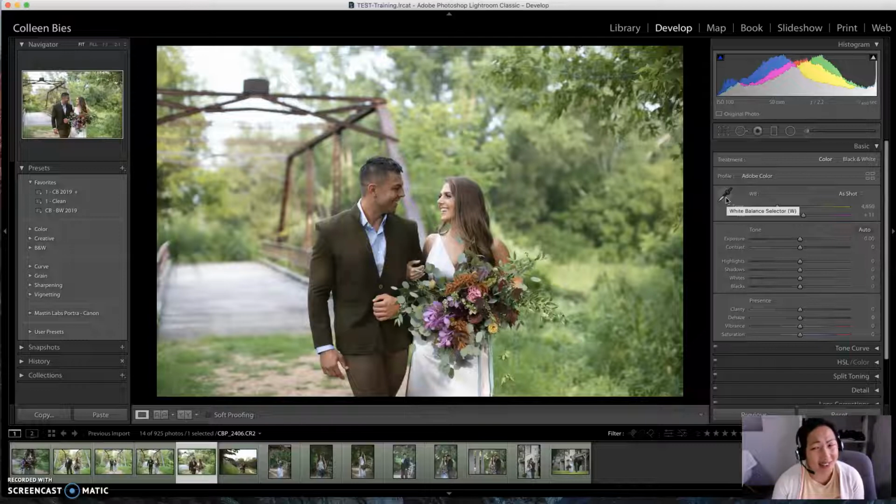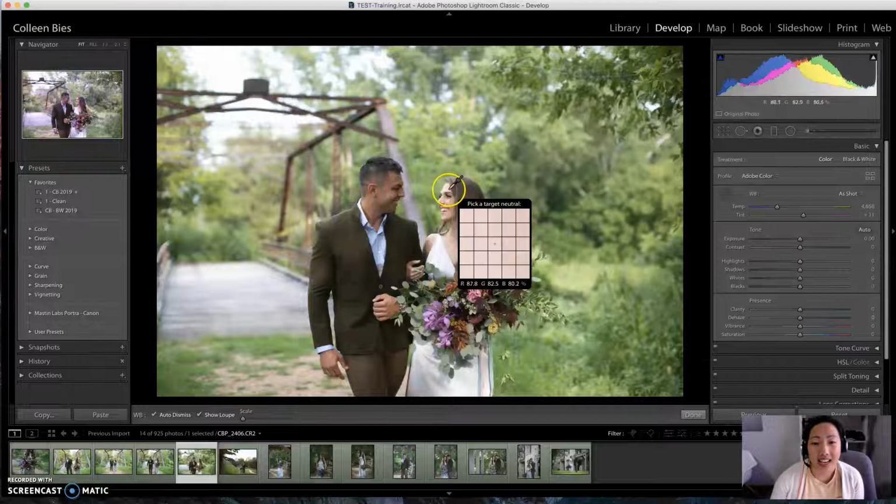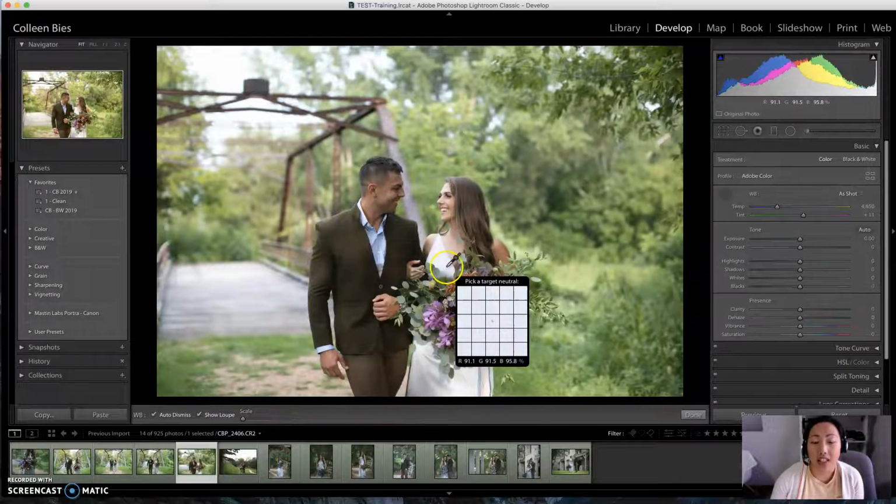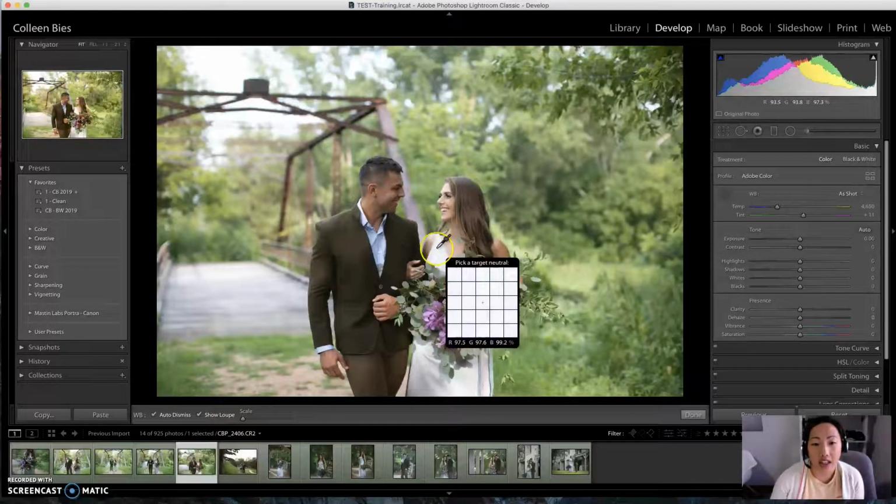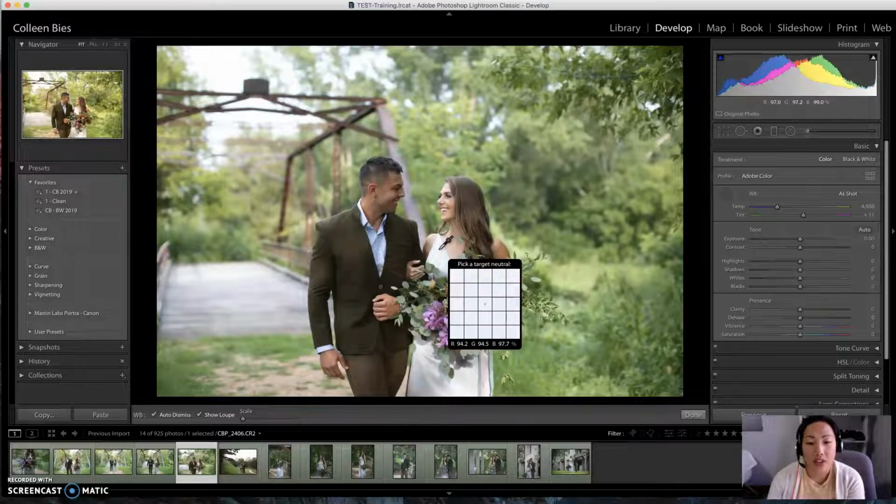Not a technical term again, but it's your white balance selector or dropper or color picker, however you want to call it. What you can do is click on that, and then find a white or grayish area within your image. The idea is that you see these numbers underneath here